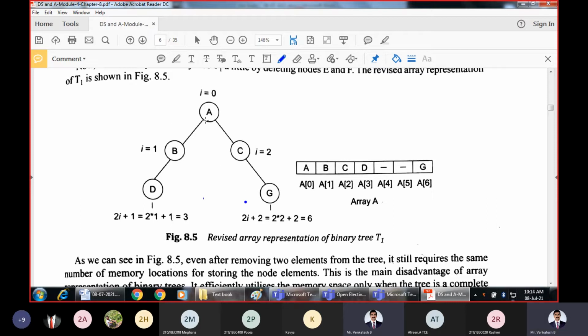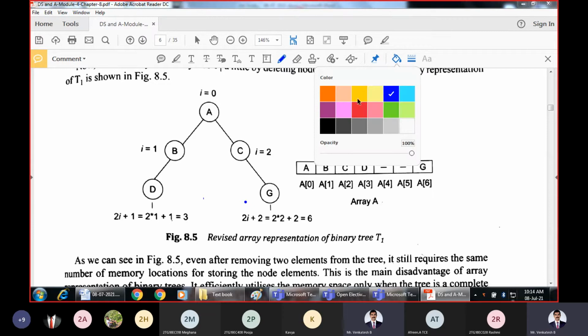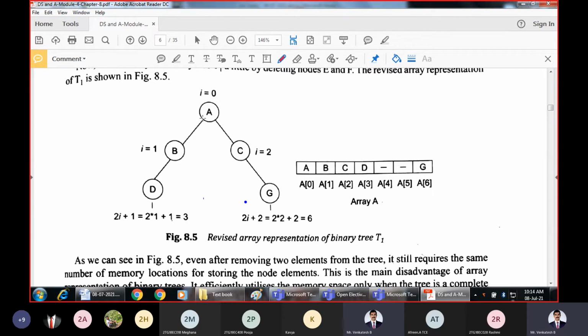Now if we follow our convention, that is directly labeling all the nodes from left to right, that is, label the root node from 0, then the left child of A is 1, the right child of A is 2, then go on labeling all the nodes, that is, the left child of B is 3, the right child of B is 4, the left child of C is 5, the right child of C is 6. This is what we have labeled.